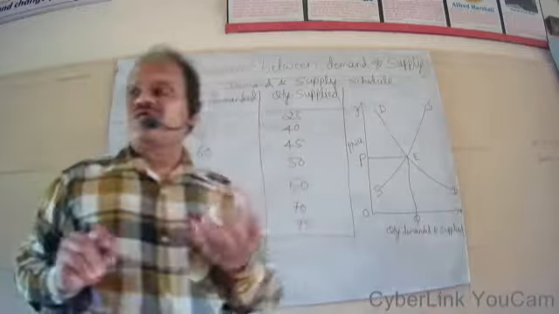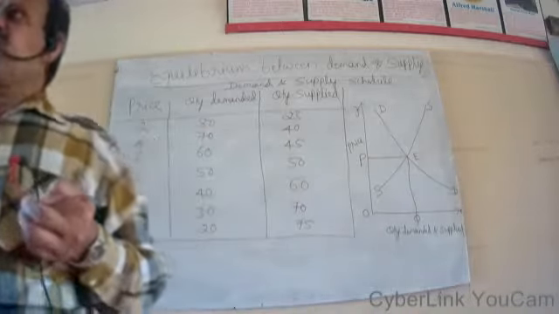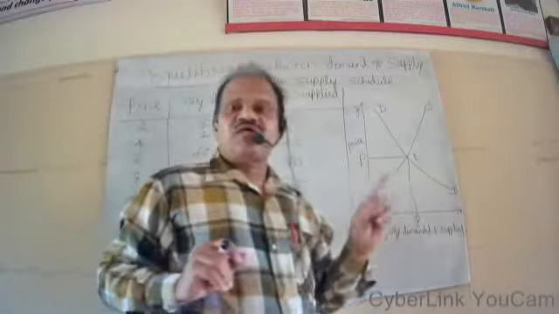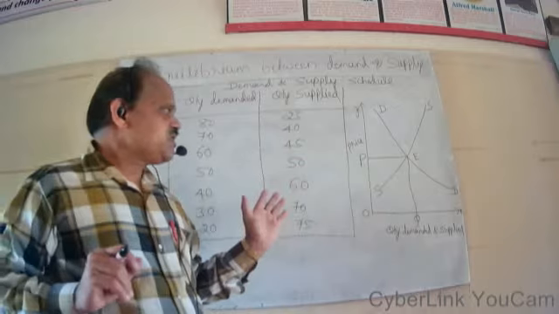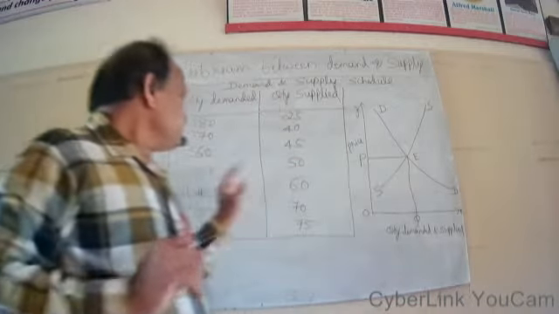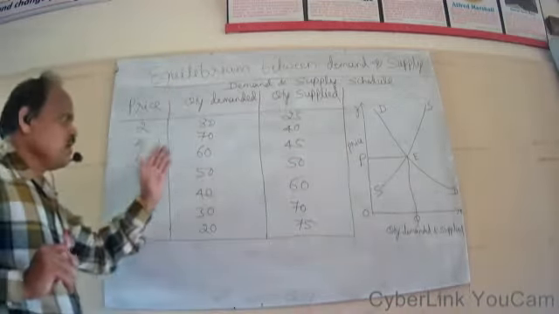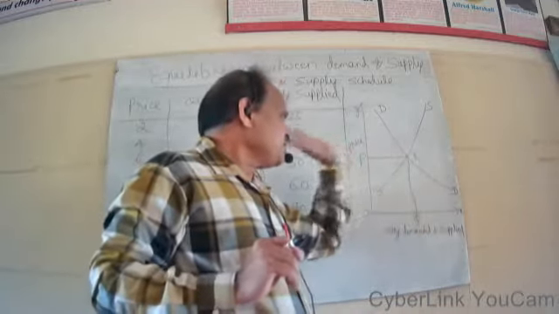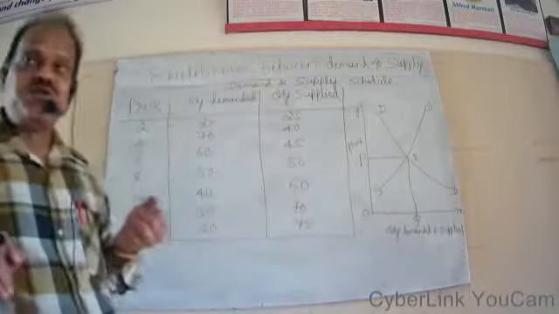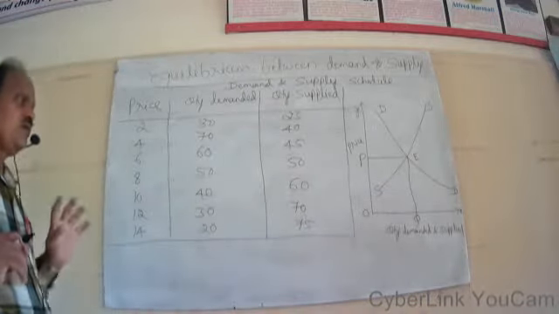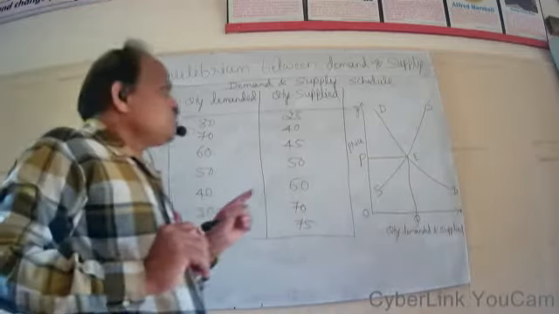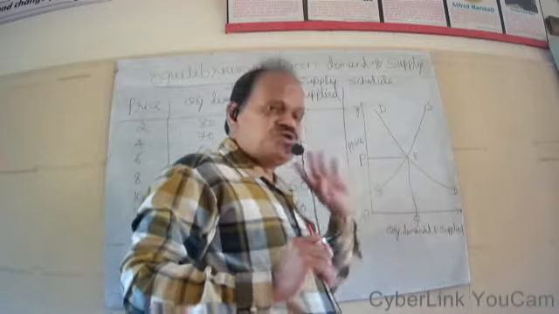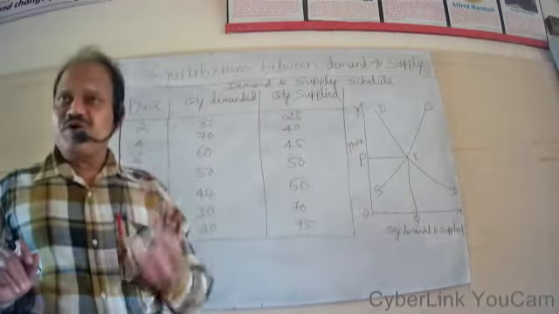Now, how equilibrium price can be determined? Equilibrium price will be determined at that point where demand curve intersects the supply curve. With the help of this particular data, let us draw the demand curve. In this diagram, DD represents the demand curve and SS represents the supply curve. Clear? So both these curves are intersecting at this particular point. That is, point E shows the equilibrium between demand and supply.